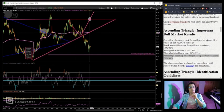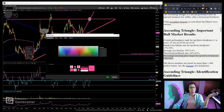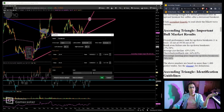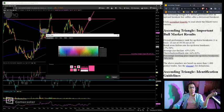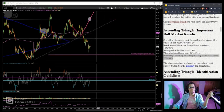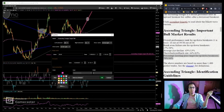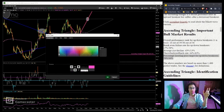But now this pattern is also complete. Now the ascending triangle is complete. So I'm out of patterns again. I am out of patterns again. And that is kind of nerve-wracking. It puts us into no man's land. I mean, it is possible that this price target being met, filled more or less,